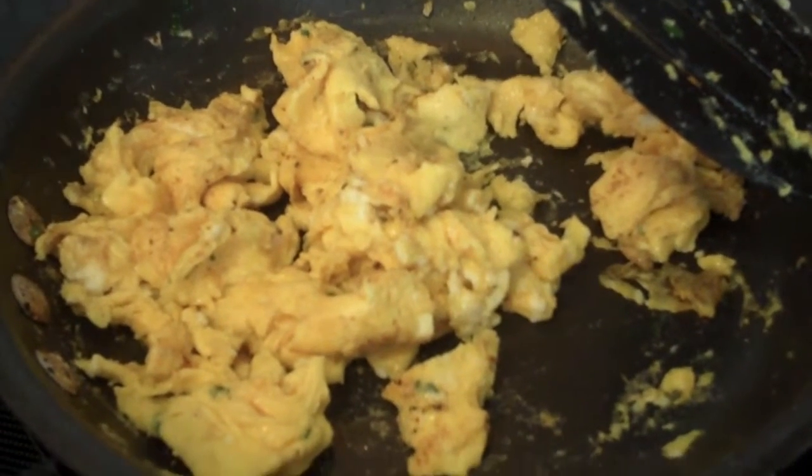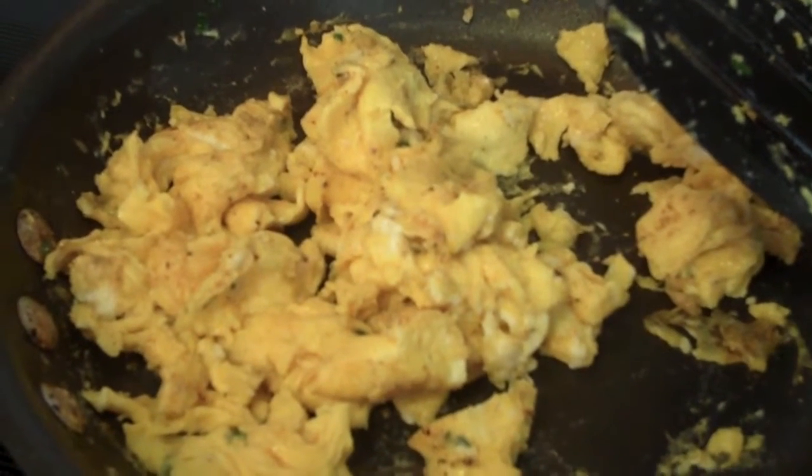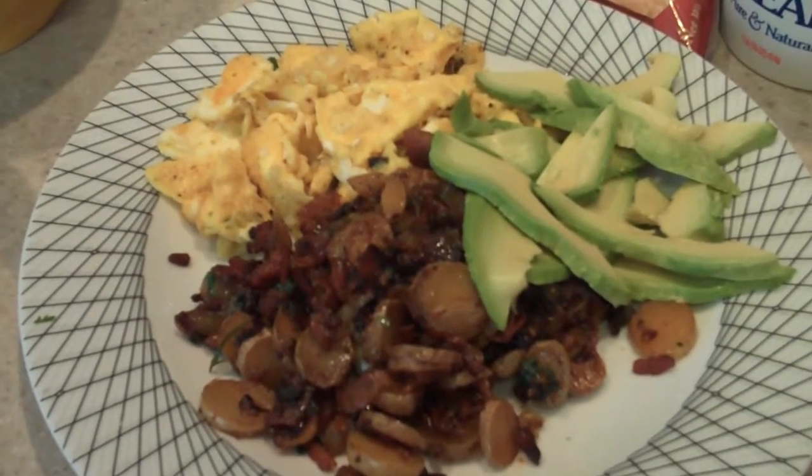Okay, the eggs are almost done. They're still moist in the middle there, and we're going to get them off the heat here in just a moment. And there we have the final product, scrambled eggs,